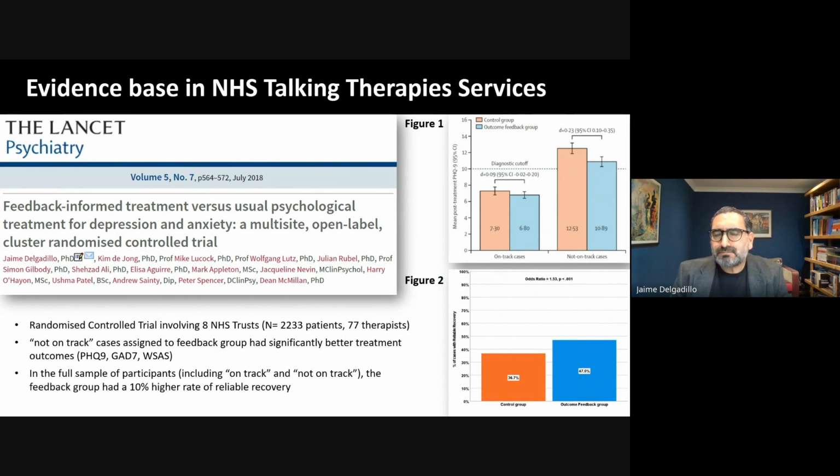In figure 1, you can see that the average level of depression symptoms, represented in blue, was lower, indicating better, milder after treatment, in the intervention or feedback group by comparison to the control group represented in orange. The comparison in the cases that were on track, in other words, patients that were responding to treatment in a typical way, was not statistically significant between groups. And we would expect that because patients who are on track will eventually improve and many recover without a need